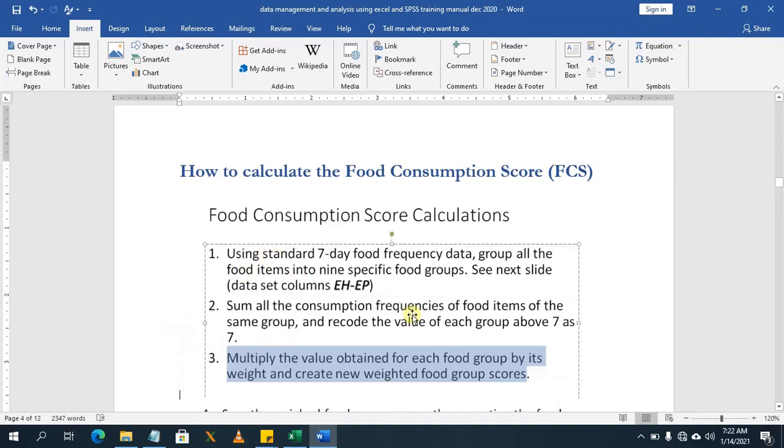We've assigned all these questions into groups, into food groups. So the next thing is to sum all the consumption frequencies of food items of the same food group and record the value of each group above 7 as 7. Now, if you look at our data set,